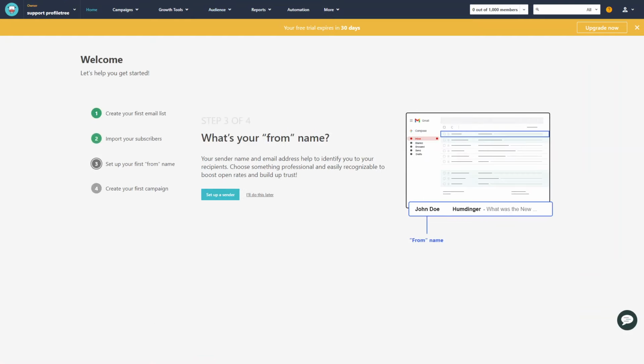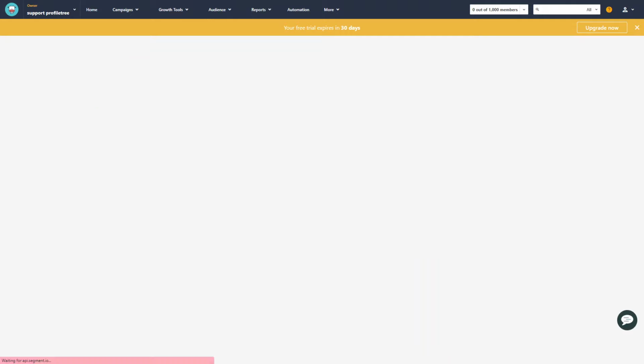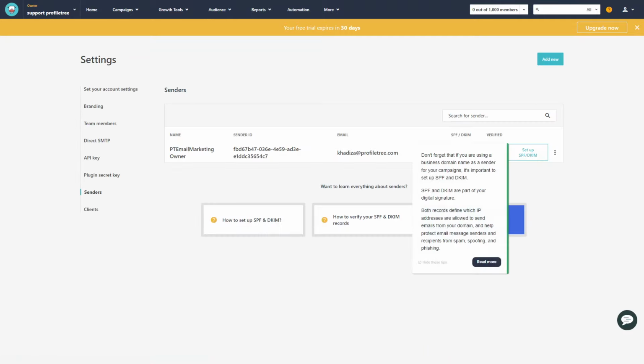But once you have all of your members, you want to set up your sender name. This will just help identify you to your recipients, and you want to choose something professional and easily recognizable to boost open rates, build up trust, and make sure that this doesn't get into your spam folder or anything like that. To set up a sender, you will need access to your